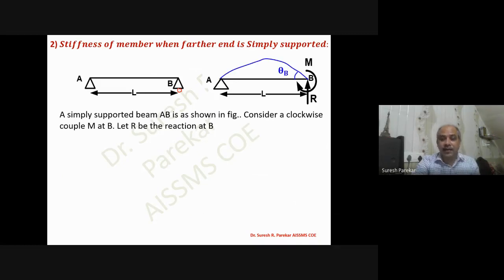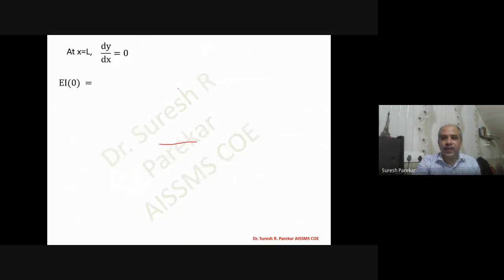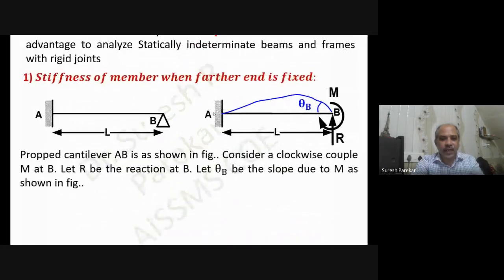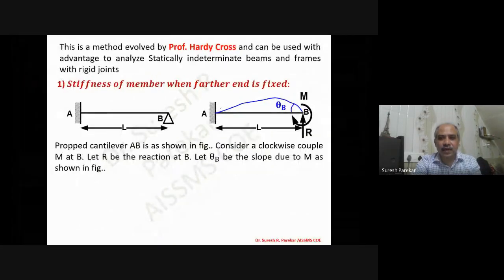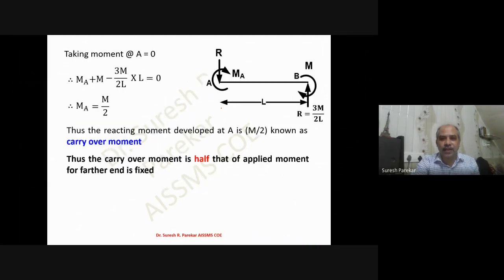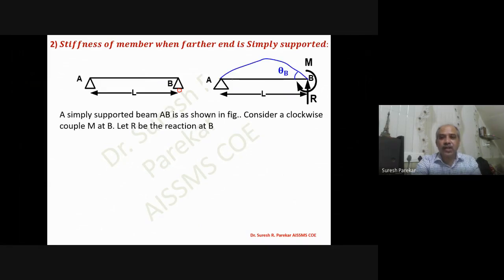Now try to understand; if you recall your first figure, I will go there, then you will understand better. In that, when I go with this M, you can see my slope at A is 0, because we have this end as a fixed end, and therefore the slope is 0. But in this problem, when we say the farther end is simply supported, you can see here my slope is not 0, we have a slope over here. That is the major difference between these two, and we have this as a simple support.